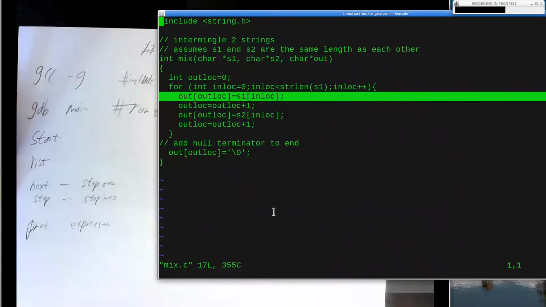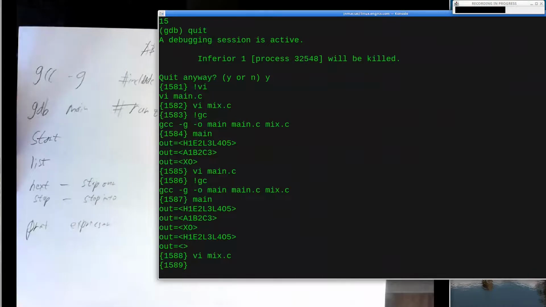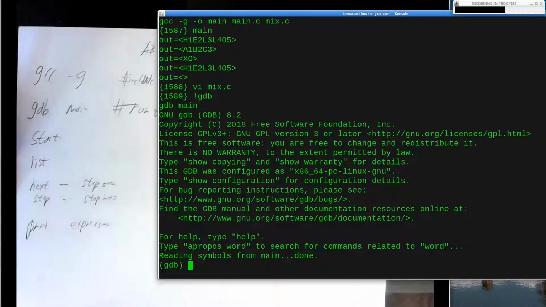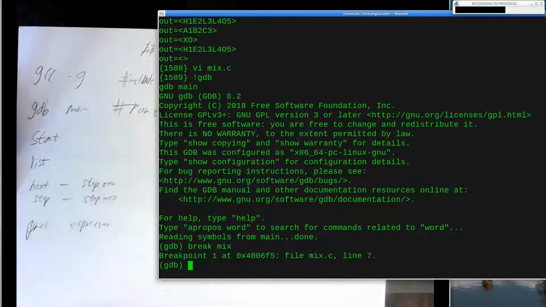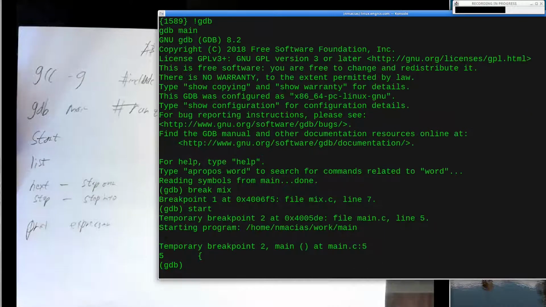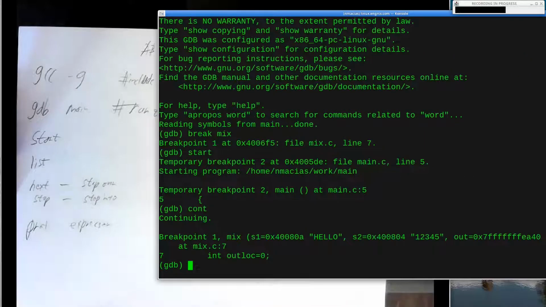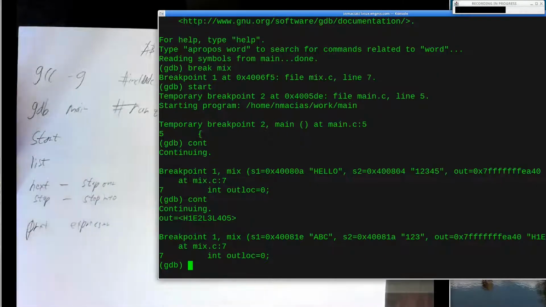The one other thing that can be useful that I want to mention is using breakpoints. Let's say I'm debugging, and I know that I want to see what happens inside the mix function. I can say start and break mix. Then I can say continue, and the program will run until it hits this breakpoint, which is the beginning of the mix function. And so now I'm at this function call to mix, and I'm mixing hello and 1, 2, 3, 4, 5. If I want to get on to the next call to mix, I can just say continue again,